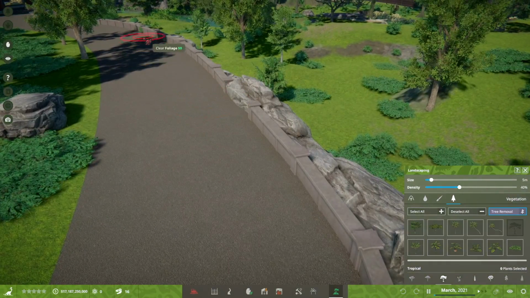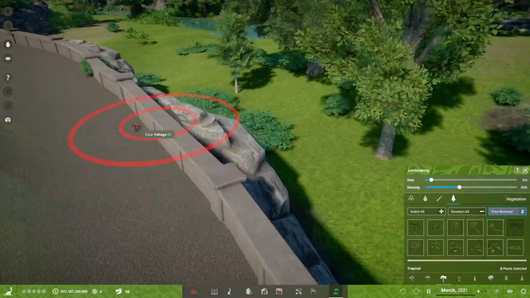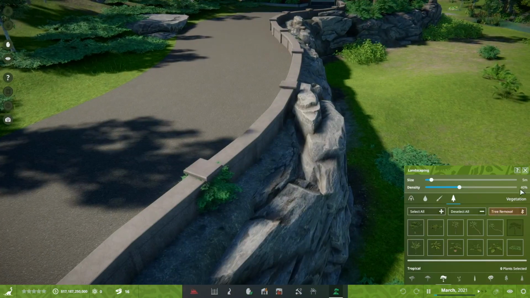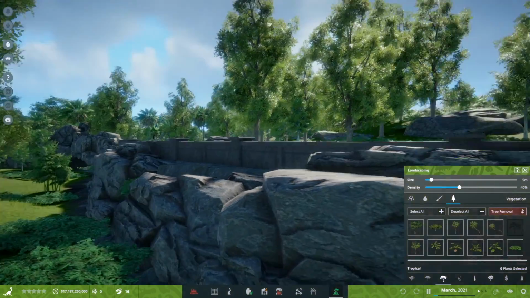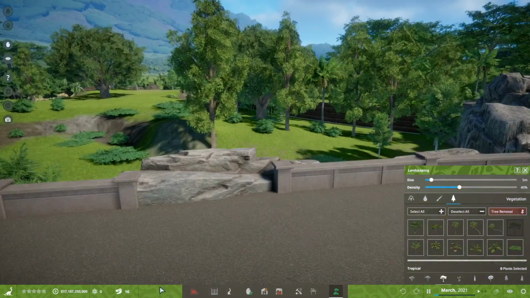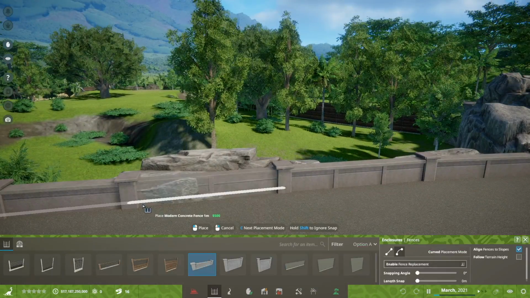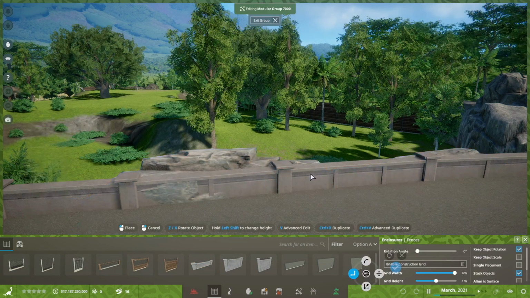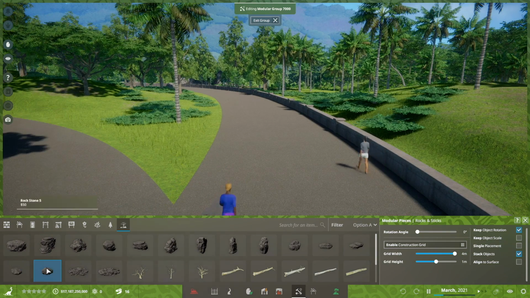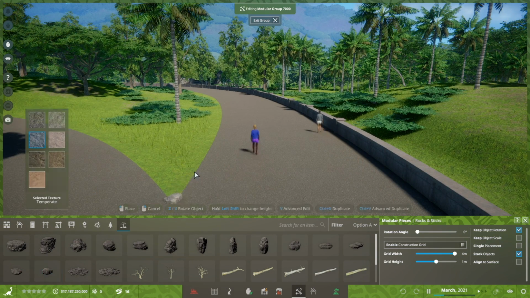So cleaning up a bunch of stuff and stubborn plants that don't want to be deleted. Yeah, it's gone. And I decided I didn't like that gap. So bridge it with wall and a little bit of adjustment of the rock, and there we go. Now there's no splash coming into this